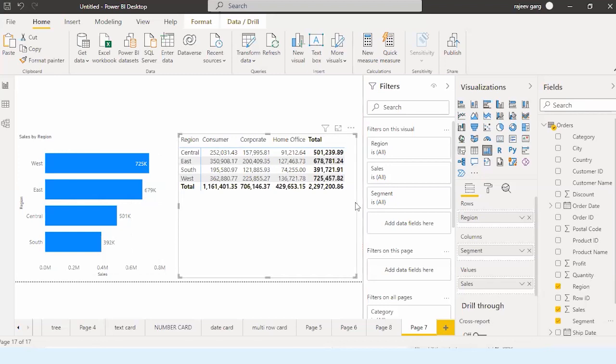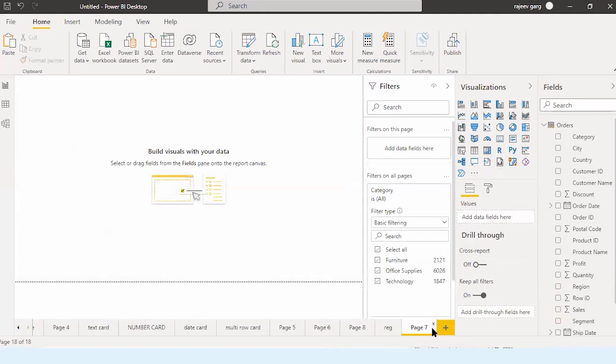So region wise sales, let me name this as region. Then segment.